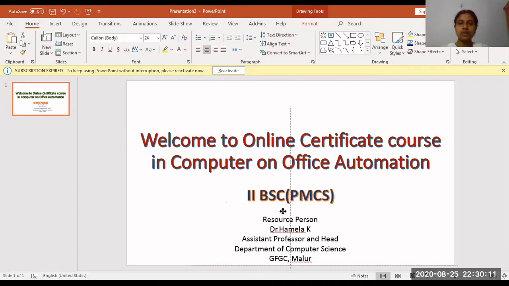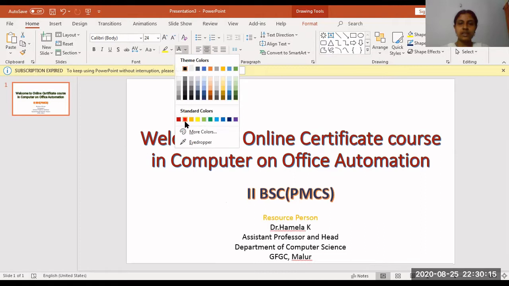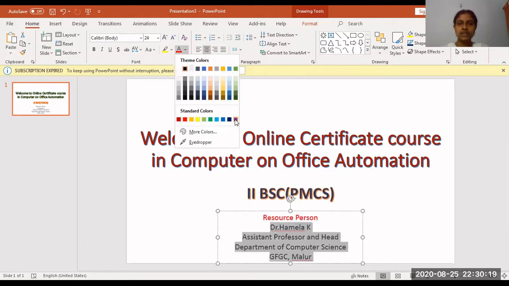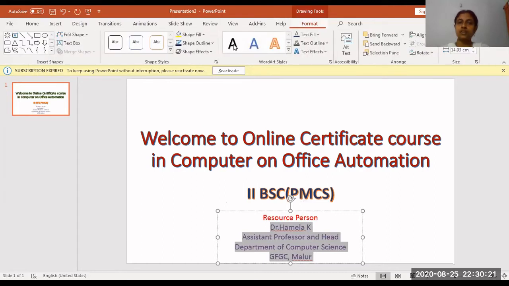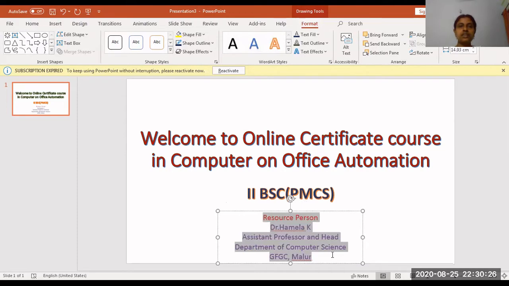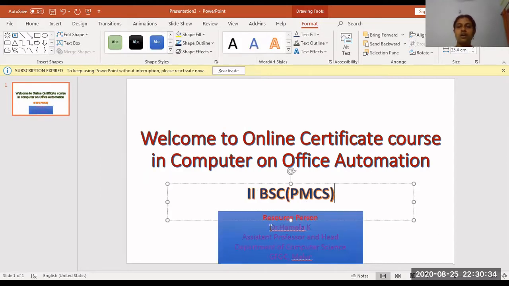Okay, it won't be published. Then I want to give one particular color for this. I can select this color, and for the remaining part I want to give some other color, so I can go and select this. Apart from that, if I go here, I want to put one box for all these things. See, I have an option whether I can put blue color, or whether I want this filled, the font option, or other things.